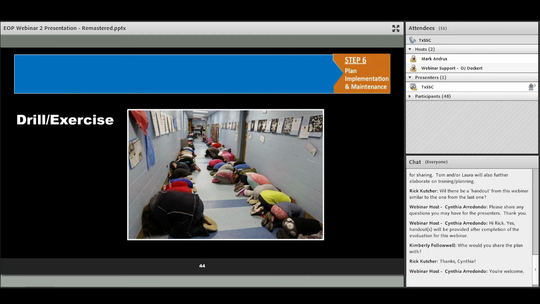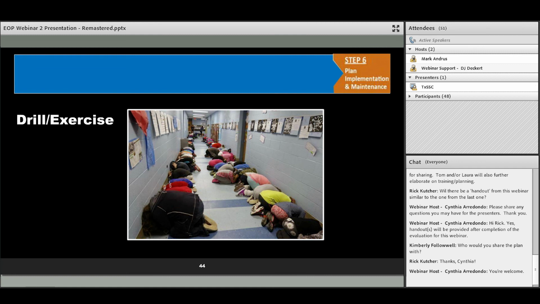And just to make sure that everybody knows a little bit of the difference between them, drills are what you're normally doing probably most often. You're conducting fire drills and lockdown drills, lockout drills perhaps, evacuation drills, shelter in place or sheltering for a hazmat spill or for severe weather. Those kinds of drills are held very often. In addition to drills are a whole level of exercises.